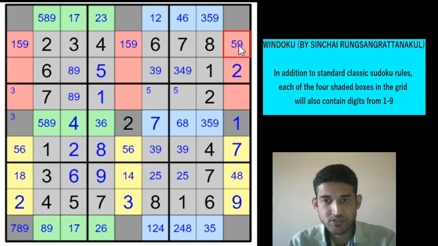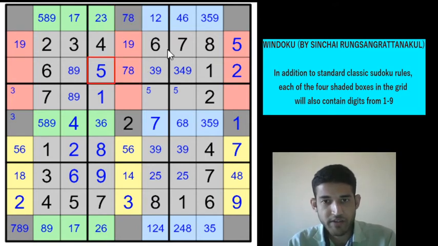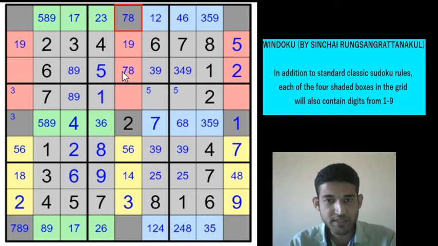And we have a 9 here, which gives a 5 here. And these two cells will be 1 or a 9 now. And this cell will also be a 1 or a 9. And now this in box 2, that leaves us exactly 2 cells for making the 7, 8 pair, because 4, 5 and 6 are already in place, and these 4 cells will form a quad. They will contain 1, 2, 3 and 9 in some order, which leaves us only 2 cells for making the 7, 8. So 7, 8 will go in these 2 cells.